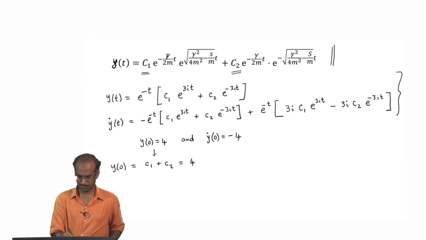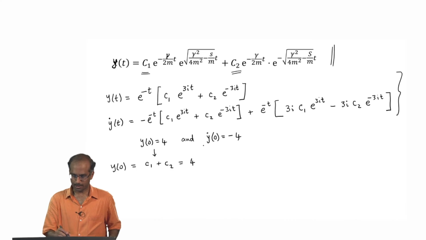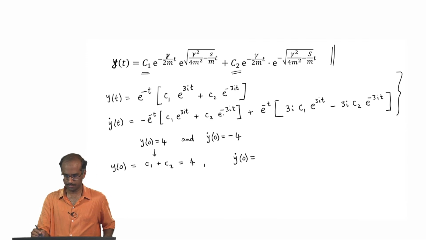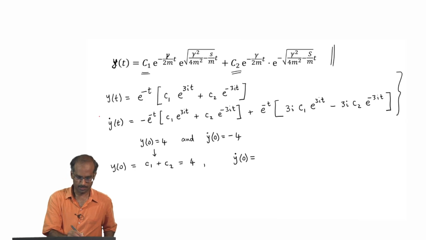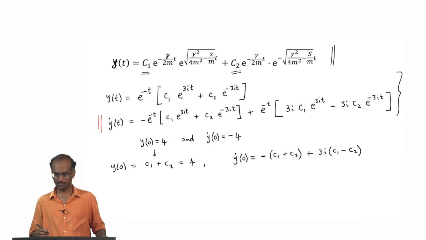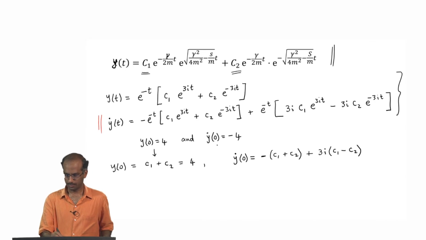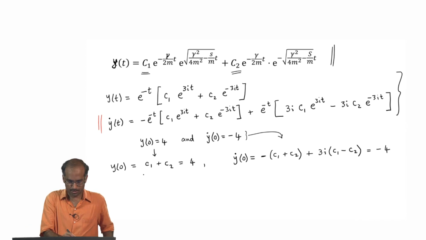So, that follows from here, and y dot of 0, if I put in t equal to 0 in this equation, I have this expression for y dot of 0, and according to this initial condition, this is equal to minus 4. So, this straight away gives you that C 1 plus C 2 equal to 4,